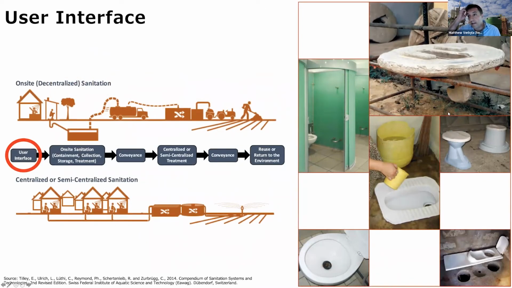So let's look at some variations in what you might see around the world in terms of user interface. You have flush toilets, which are common in the United States. You also have pour flush toilets, which are very common throughout the world. You've got dry toilets, where the toilet is an opening that opens into a pit and there is no flush water. It's just contained and maybe covered when it's not in use. And you've got a variety of different slabs and either squat versus sit style toilets that are used throughout the